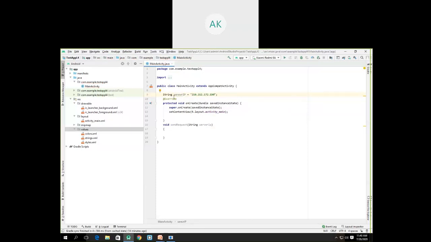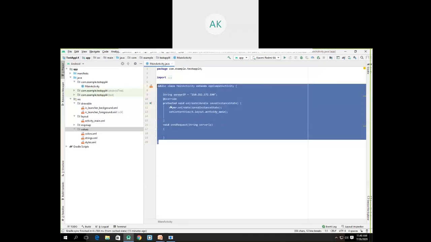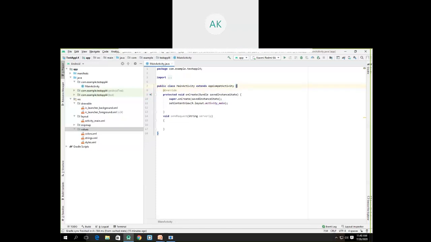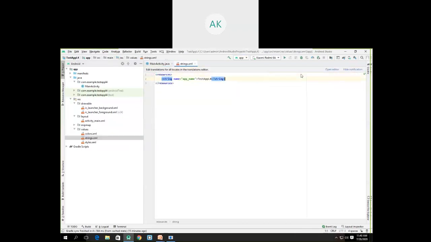Now, when I declare such a string, serverIP, it will be local to this particular class, MainActivity. If I create one more class, some other activity, I need to redefine this string, which can be problematic. In every class I create, I need to redefine the string called serverIP, which might create a problem in very large applications. So rather than doing this, I can declare this serverIP at a single place and refer to it anywhere. Since it's a string, I'll go to strings.xml and here I can define this string.